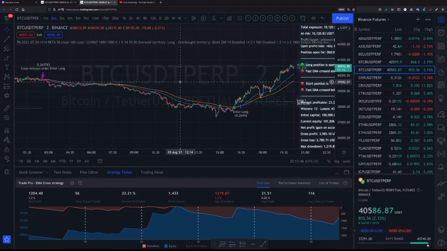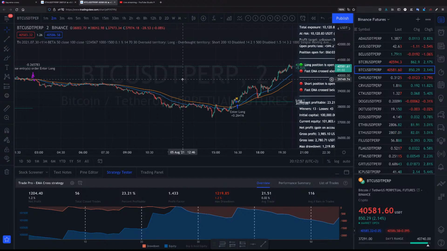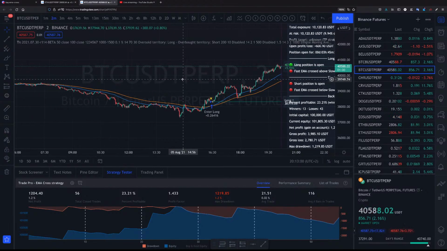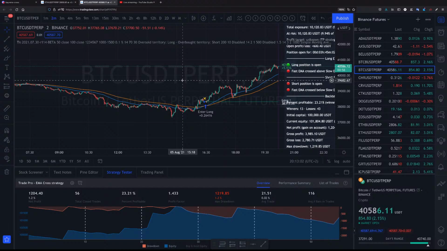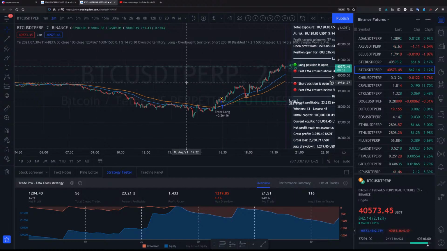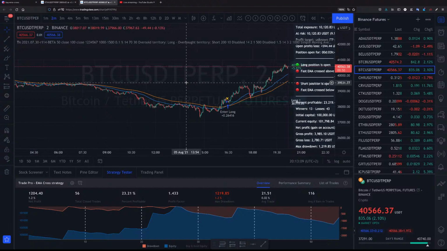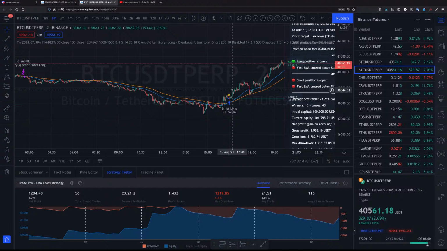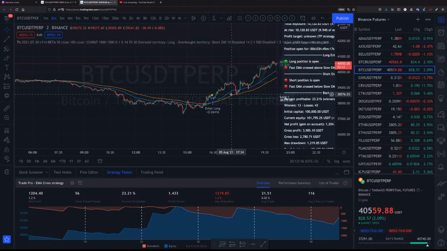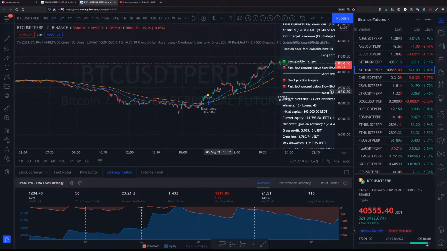This might be good to use in combination with other indicators. I'm thinking this, I think I've seen this from other crypto traders, and this strategy might be good to have good entries,